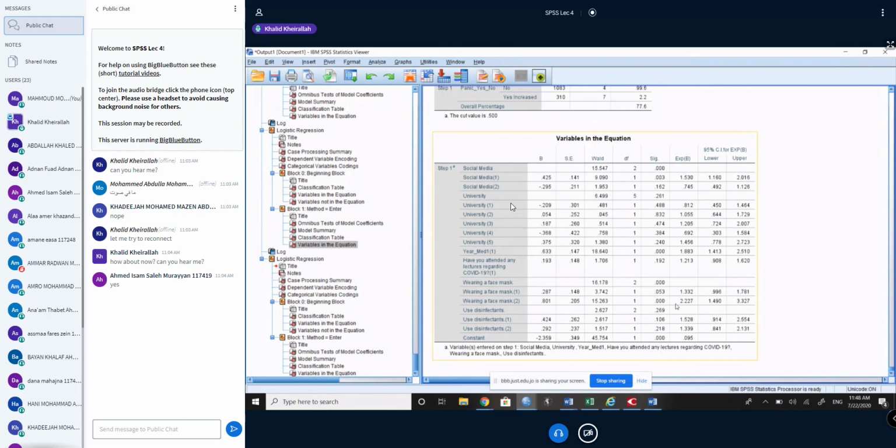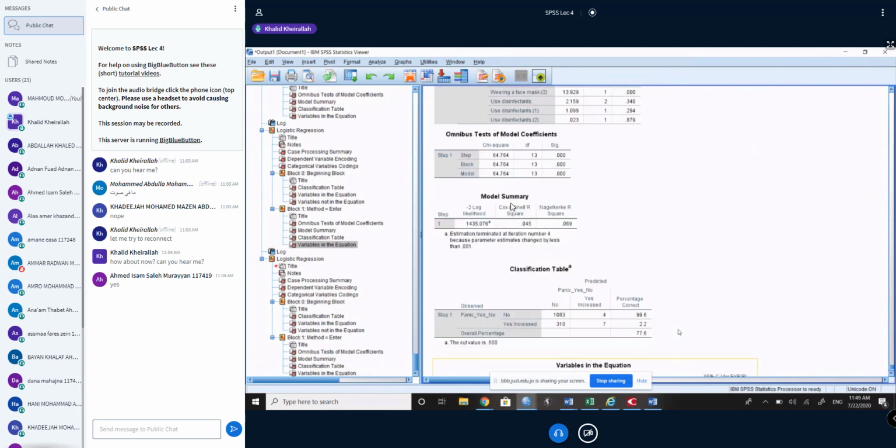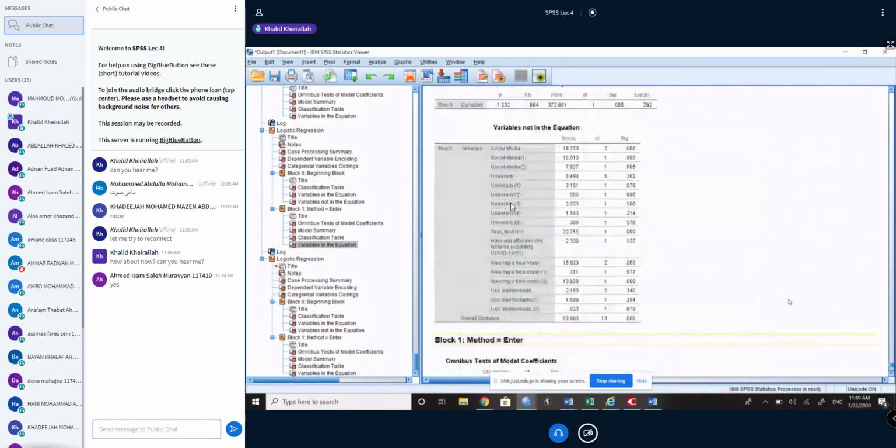Now, if you use disinfectant all the time, which is 2 here, then the odds ratio or the probability of having panic attack is 1.3. However, this wasn't statistically significant. Okay, so now we can